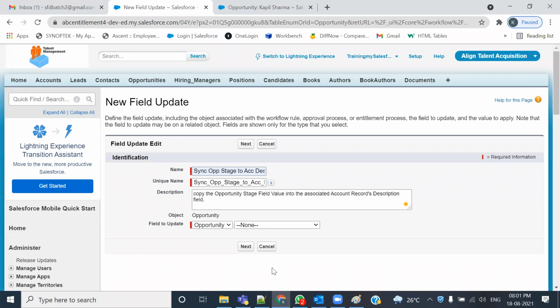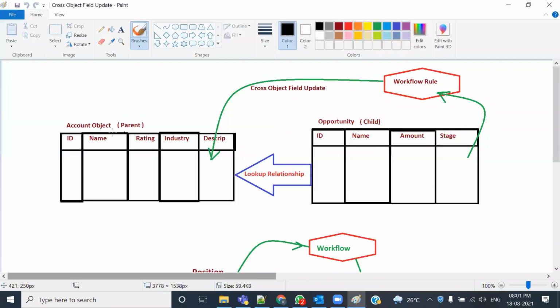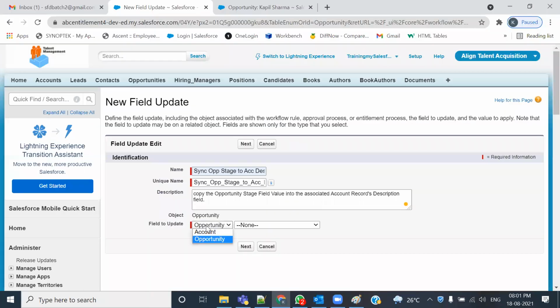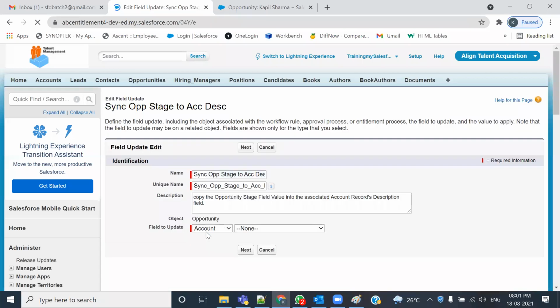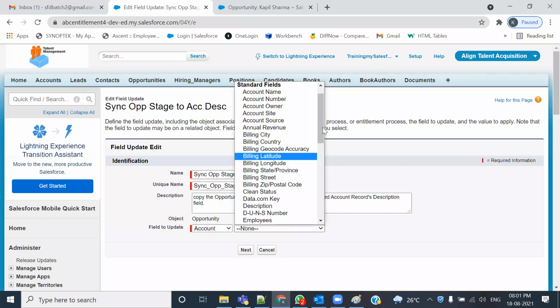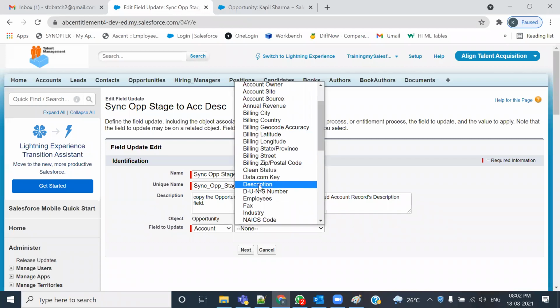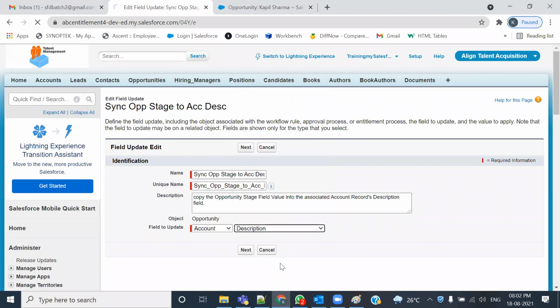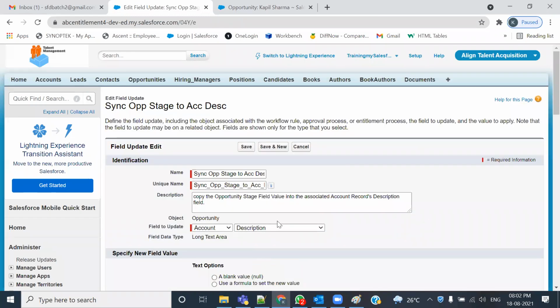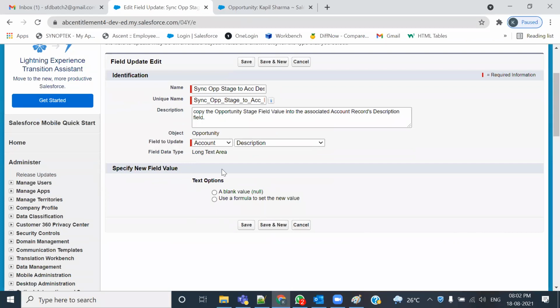हमारा यूज केस तो ये कहता है कि अपॉर्चुनिटी पे रूल फायर हो और वो आपके अकाउंट में डिस्क्रिप्शन फील्ड को अपडेट कर दे। तो मुझे यहाँ से कौन सा ऑब्जेक्ट लेना चाहिए? आई शुड टेक दी अकाउंट ऑब्जेक्ट। नाउ इट विल डिस्प्ले ऑल द फील्ड्स ऑफ द अकाउंट। अब आप ये बताओ कि अकाउंट की कौन सी फील्ड आपने अपडेट करनी? वी वांट टू अपडेट द फील्ड कॉल्ड डिस्क्रिप्शन, ठीक है। तो देखिए, जैसे मैंने डिस्क्रिप्शन सिलेक्ट किया तो इसने आगे का, मतलब इसके बाद क्या करना है वो चीज यहाँ पे लोड होगी।